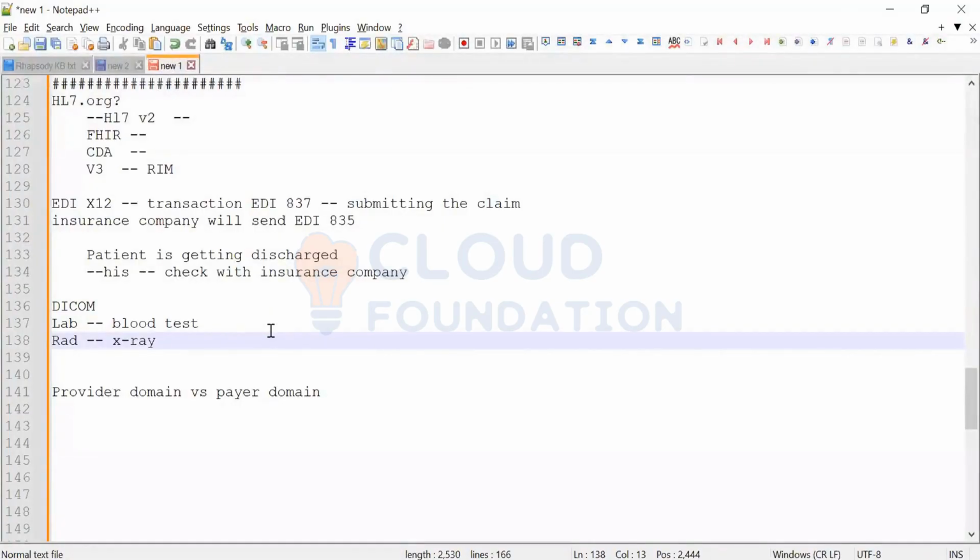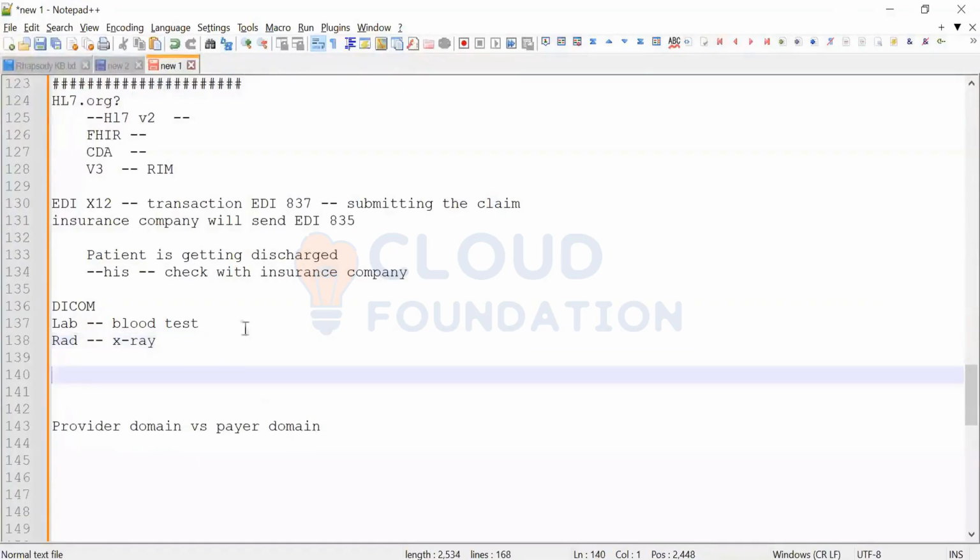Now talking about the data. The data is flowing from a hospital to the radiology department. It is using HL7 too. Now in this case, the provider placed a